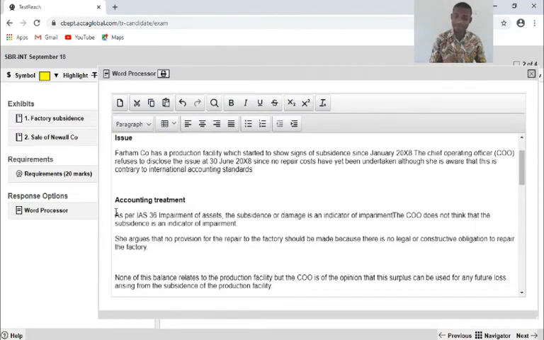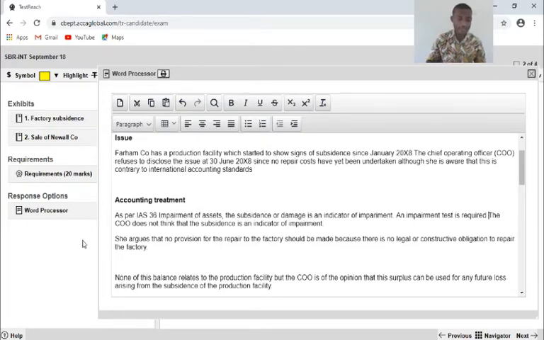It's an indicator of impairment. Then I'll make the next point. An impairment test is required. Just keep it simple. An impairment test is required.